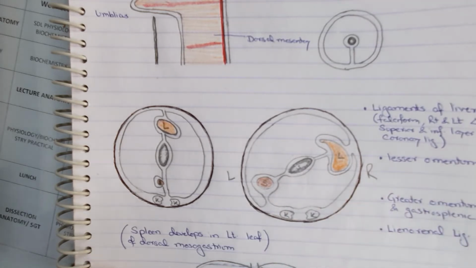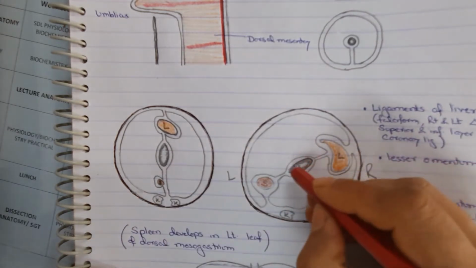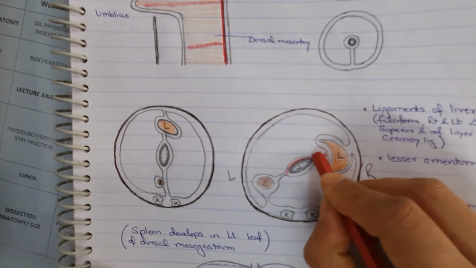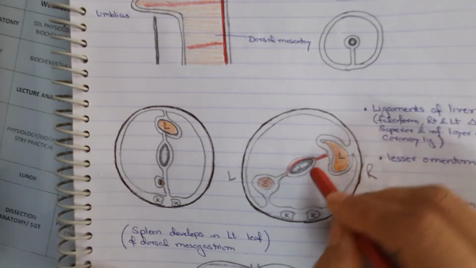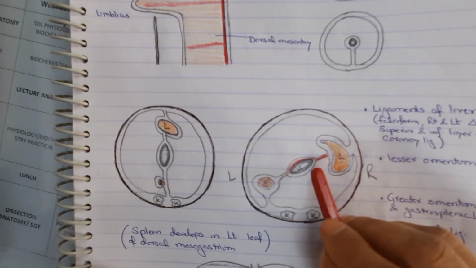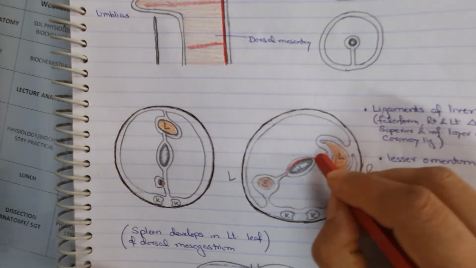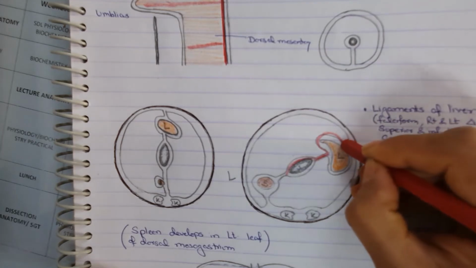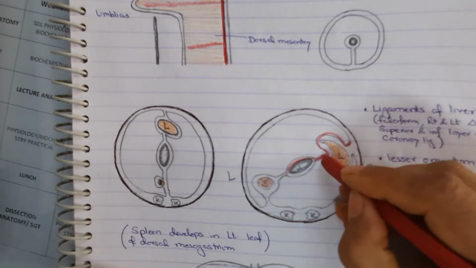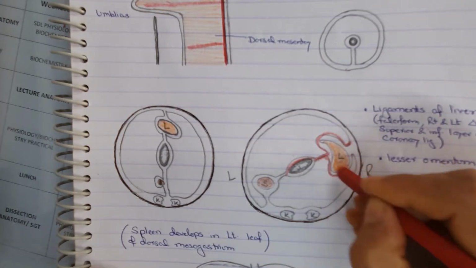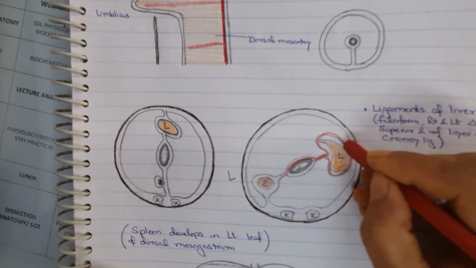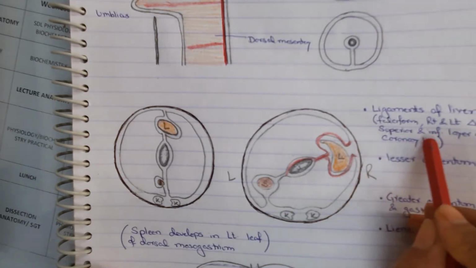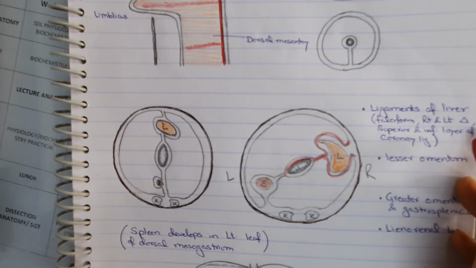Now if you see the peritoneal lining, the stomach, this is the ventral mesogastrium. It has now been divided, the one part from the stomach to the liver. This forms the lesser omentum. In the liver, it folds and forms the ligaments of the liver. So here the ligaments of the liver are formed. The ligaments of the liver are the falciform ligament, the right and left triangular ligaments, the superior and inferior layers of the coronary ligament, and here